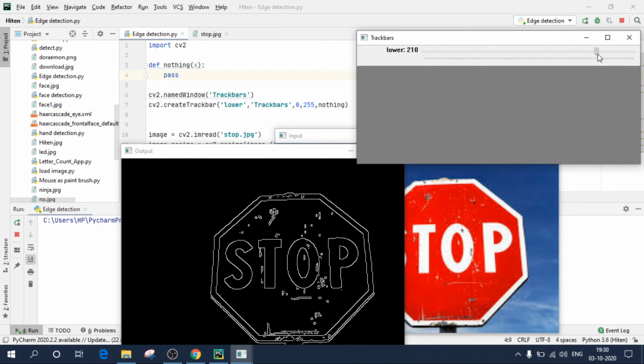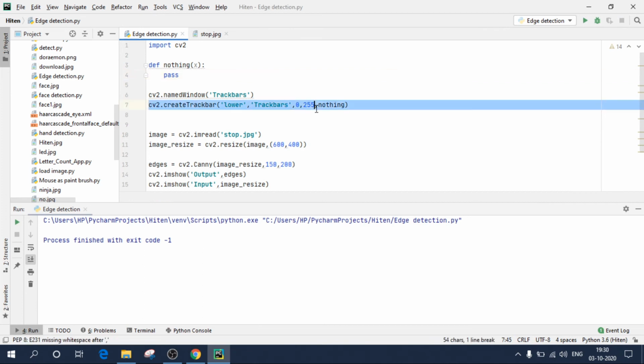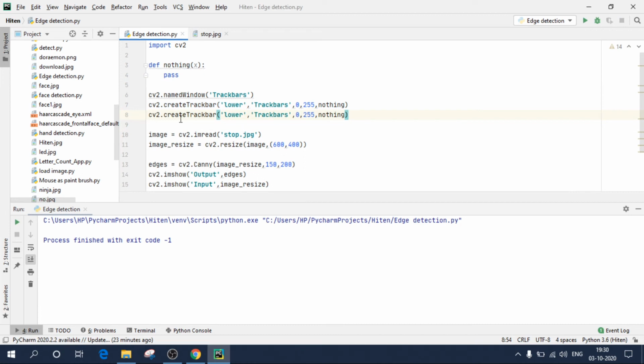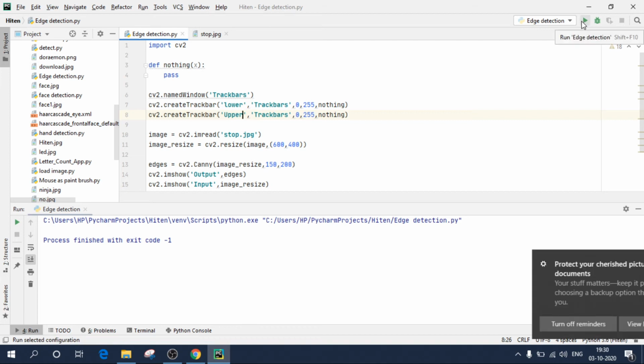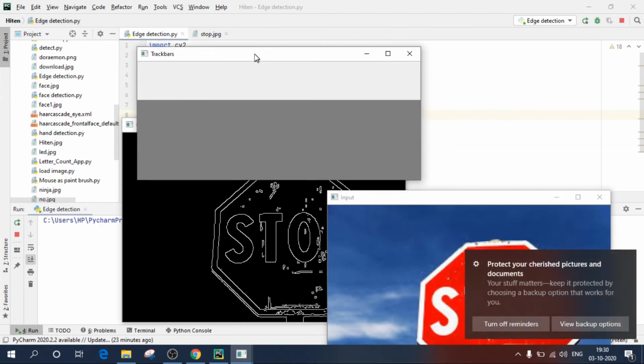The threshold value is basically up till 255, so 0 to 255. Similarly, we'll create a track bar for the upper value. So copy this and paste, change it to upper. Now run this code, and now we have basically two track bars.